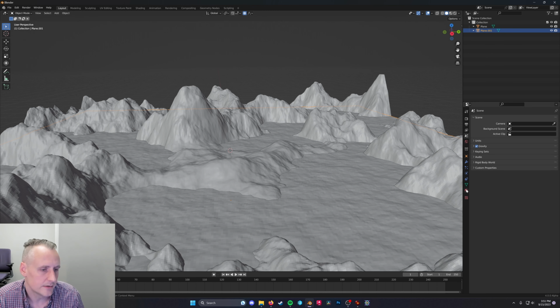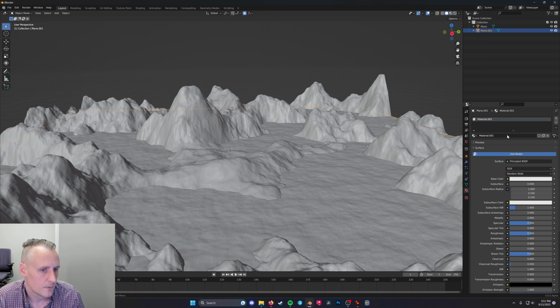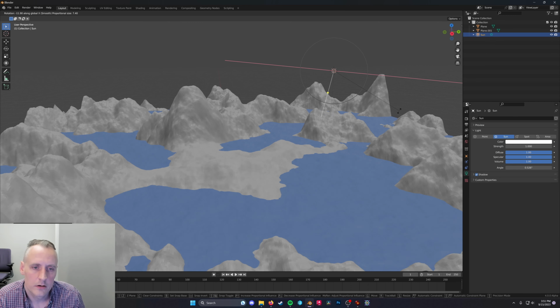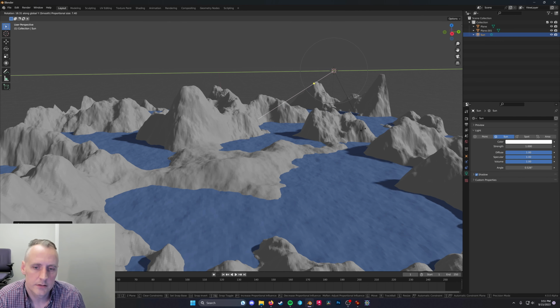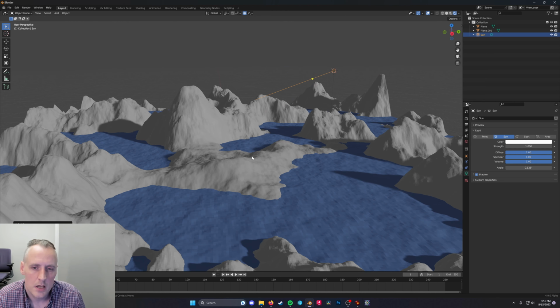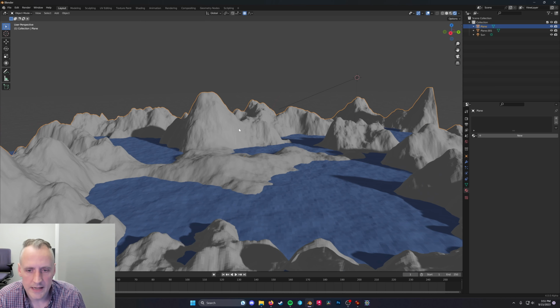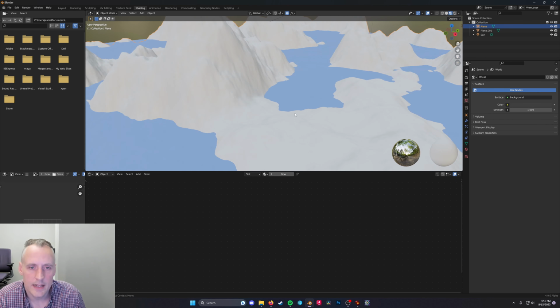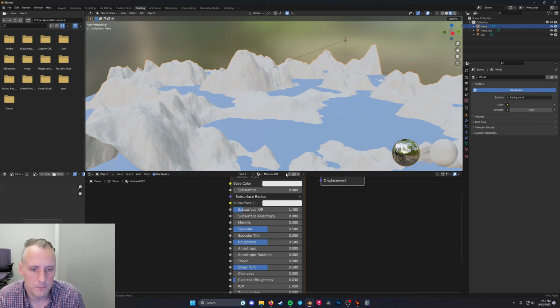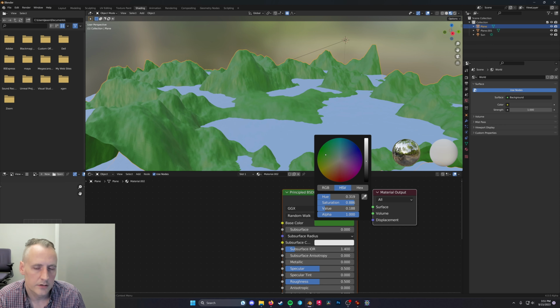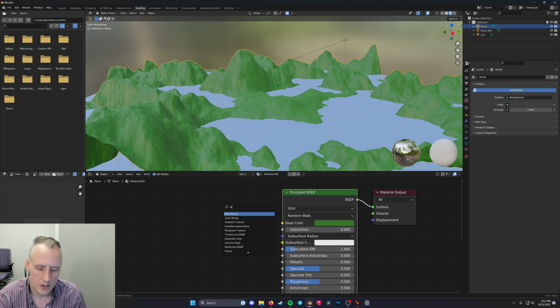But we can at least select a color for the water. We can add a light that is a sun and rotate it so that it is pretty cool. And we can select the mountains here, the land. We can go to shading and add a color to that as well. And instead of just choosing a color, I can just choose a color, but that's not super interesting. I'll put another color ramp